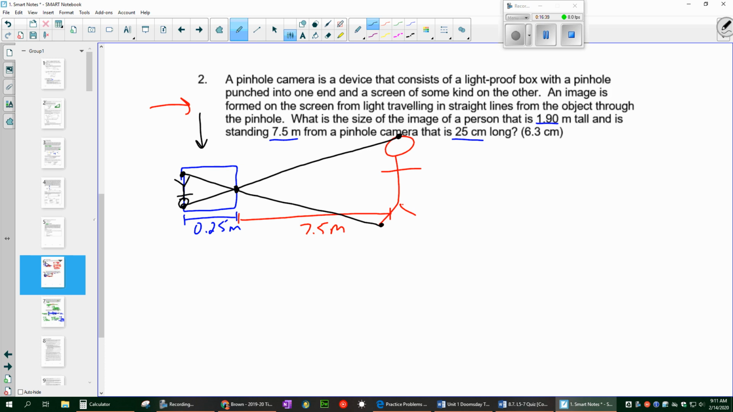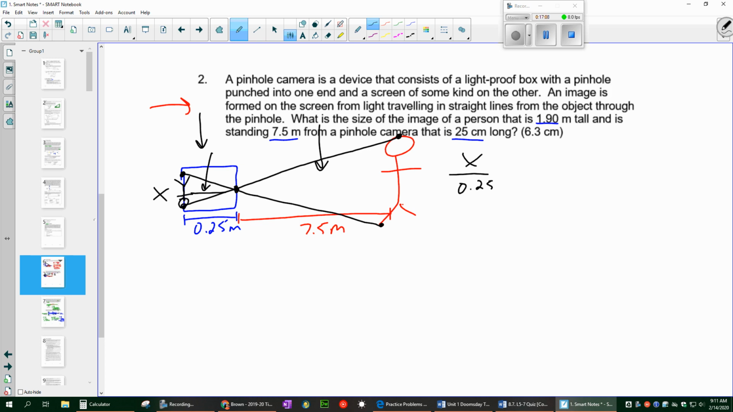Now this one really isn't too bad. It's even a little easier because it's asking for the size of the image, so that'd be my x. These are similar triangles. This triangle I got going on over here, it's not a right angle triangle, but that doesn't matter. The big one is similar to the smaller one. So the sides, we can set up ratios of these things. I can say x over the length of this one, which is 0.25 meters,